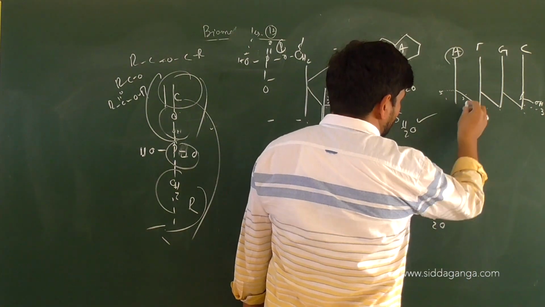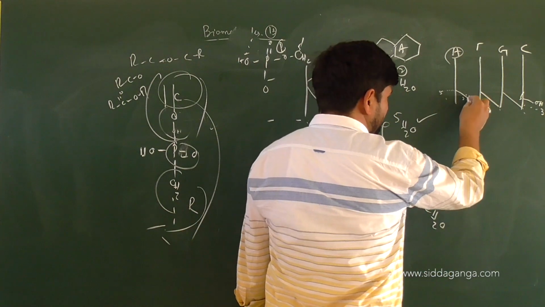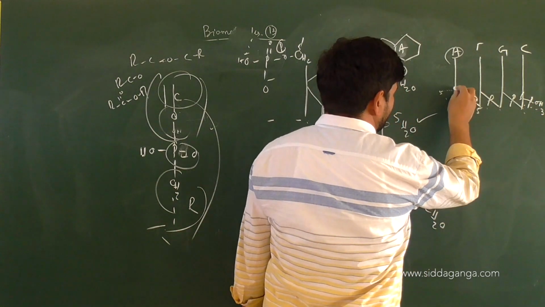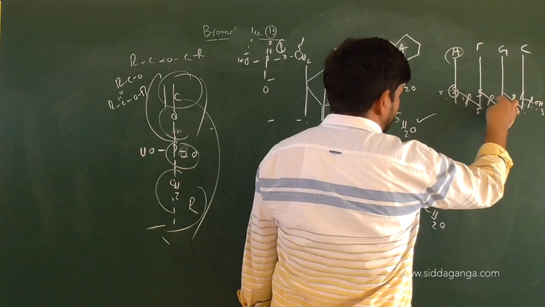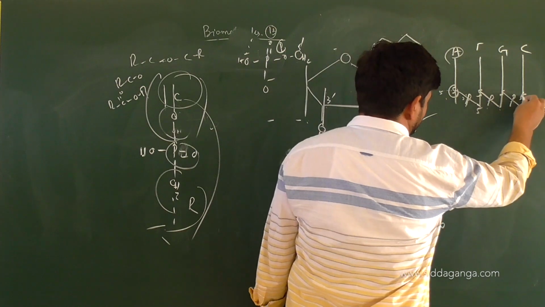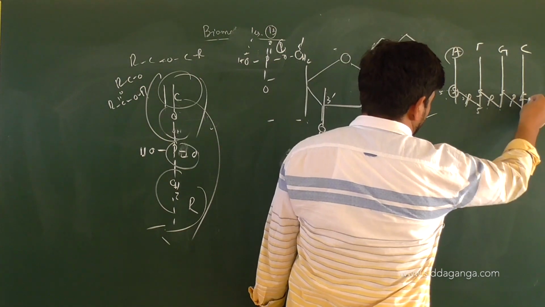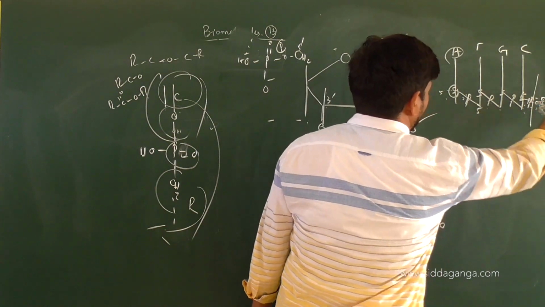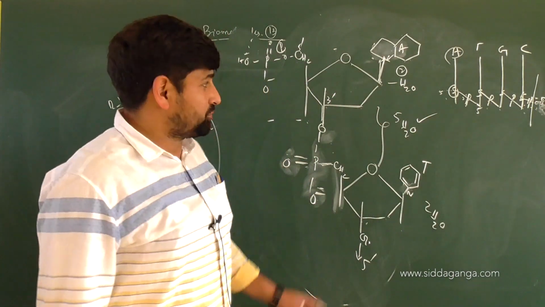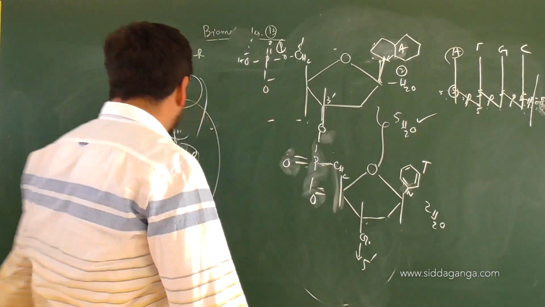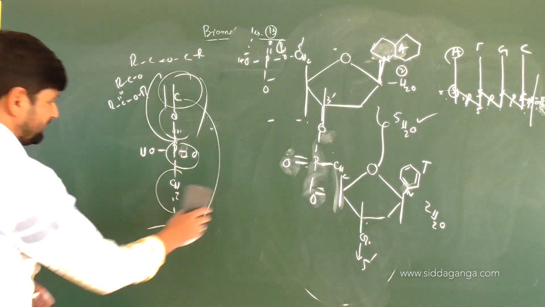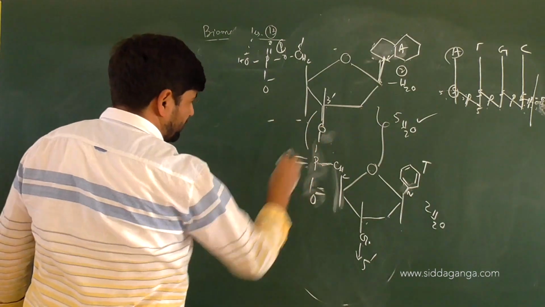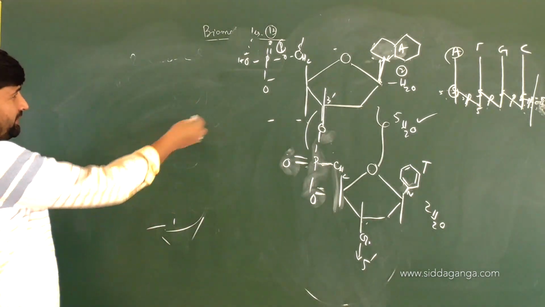So what is this? Via P. Linkage is by P, right? Here also P. Here also P. Here also P. What is this one? Sugar phosphate. This is sugar phosphate. This is sugar phosphate. This is sugar phosphate. It continues. The 3rd end, from the sugar end, 3rd carbon will remain free. So you can continue the chain respectively. So when you want to show this structure in basic terms, how will you show it? Just after the phosphodiester linkage has been made, we can analyze the result. You can see phosphodiester linkage made or not. How will the group look like now? It will be like this.